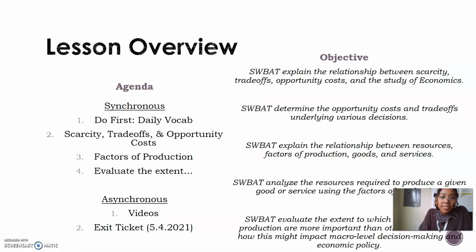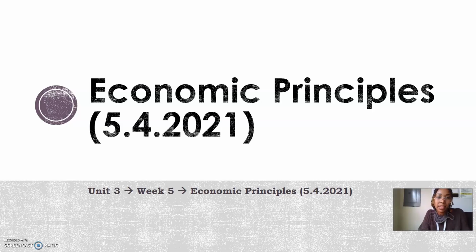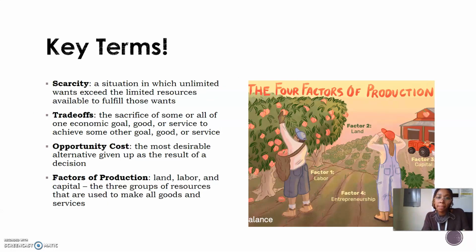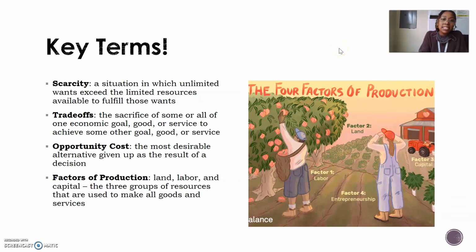So today we're going to be talking about scarcity, trade-offs, and opportunity costs. I promise that today's lesson, and really Unit 3, is much simpler than Unit 2. Unit 2 was probably the hardest part of econ, those supply and demand shifts. But all right. So again, if you like, you can open up that economic principles assignment in Schoology, or you can wait until the end of this video. It'd definitely be helpful to just open it up now because I'm about to give away some of those definitions right now. But all right, so there are a few definitions I want us to learn about within this lesson.